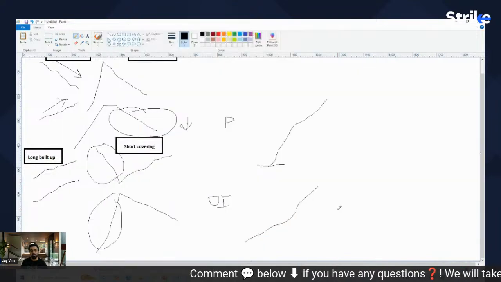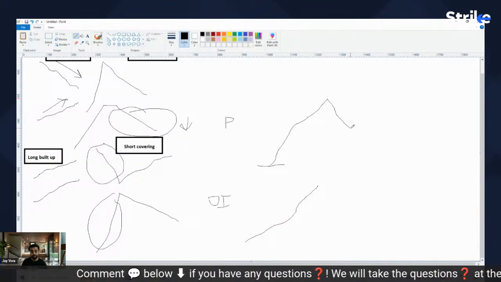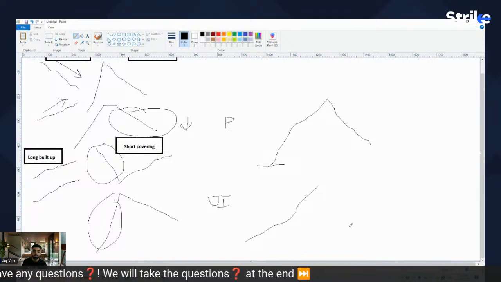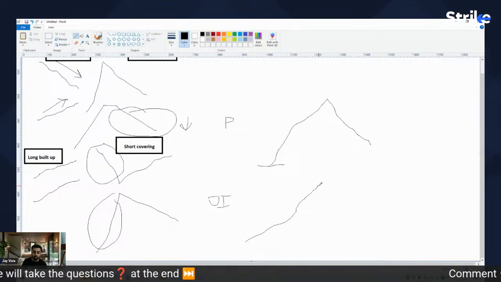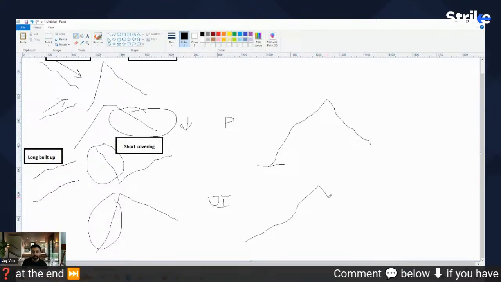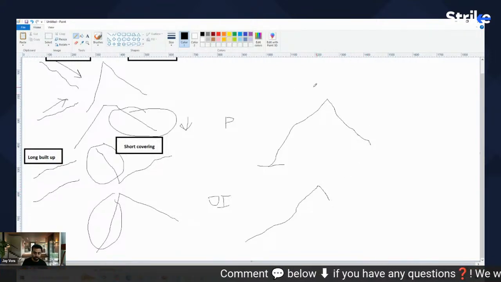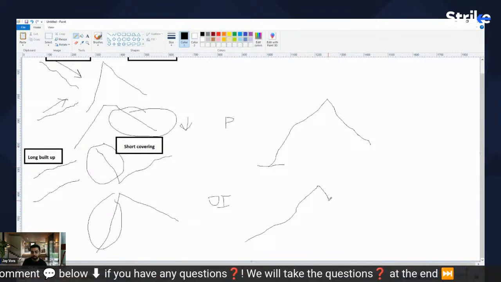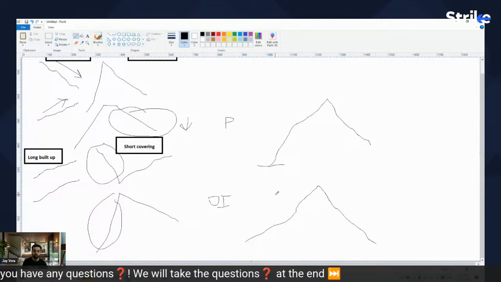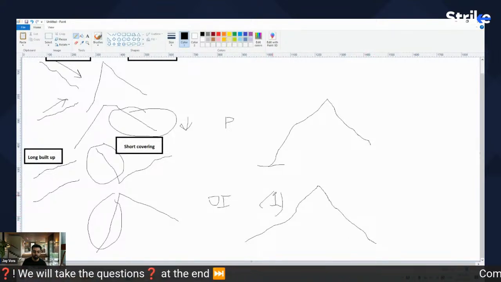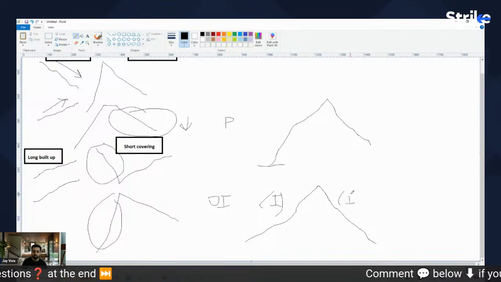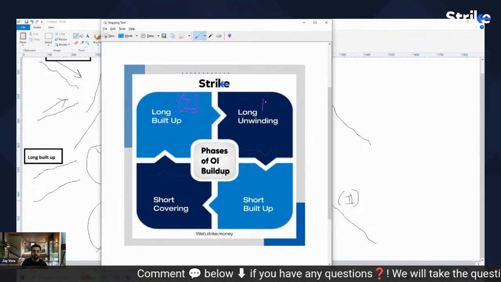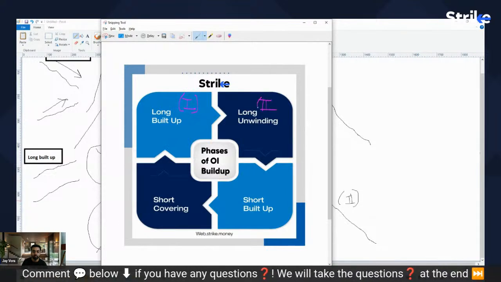Then whenever the prices go down, those who had gone long here, the weak hands or basically everyone will eventually try to get out. First, all the strong hands who know that the uptrend has possibly ended will exit. Then as the price decline confirms, you will see the open interest also going down. So this is stage 1, long build up. This is stage 2, long unwinding.